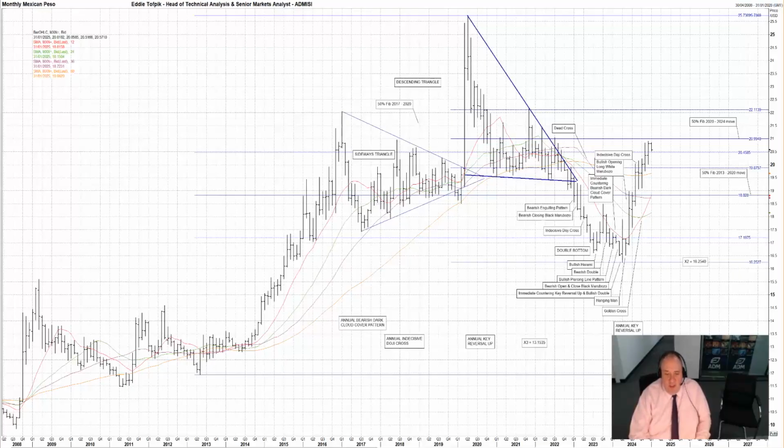So what do we have in the way ahead? Well, the immediate topside resistance may be in the region of the 50% Fibonacci line of the 2020 to 2024 move at 20.9948. Beyond that, we have the November 2021 high at 22.1510, which is within a band of congestion dating from the move up in 2020 between 21.8785 to 22.2715. If nothing else, these two levels will erode the bullish incentive, but just keep in mind that there is an annual key reversal up for 2024 here in US dollar Mexican peso.